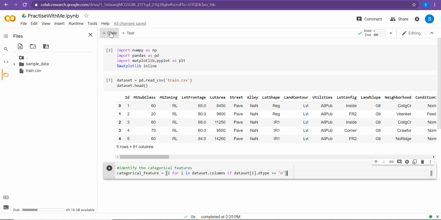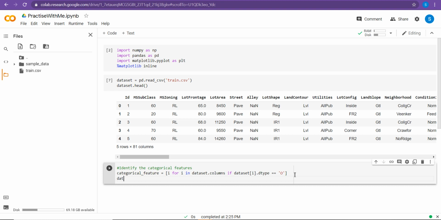What I have done is, from the data set columns, it will take all the columns and check what is the data type of that column. If it is O, which means object type, then that is a categorical feature. Okay, so I will print it.